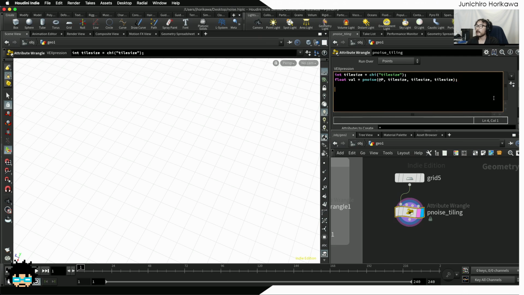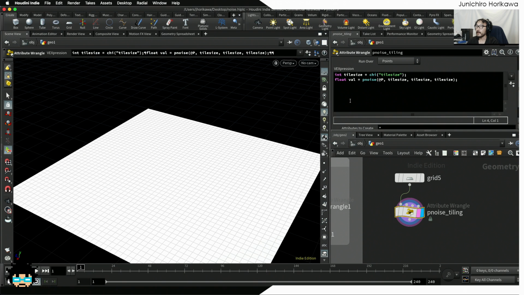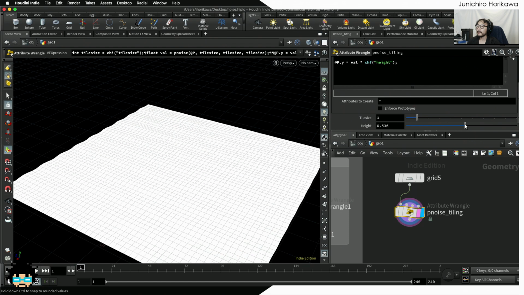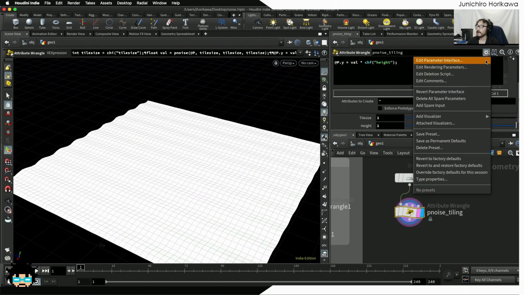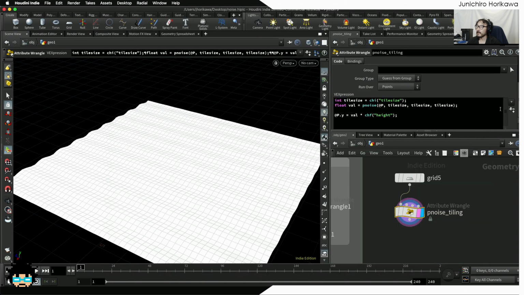Okay. Now I'm going to use this value to change the height of each point, by setting the y coordinate for the point with this value multiplied by some height as a maximum value. Okay, and raise this up. Maybe I need more range. Let's say 0 to 10. Oops. Okay, and if I raise this up,